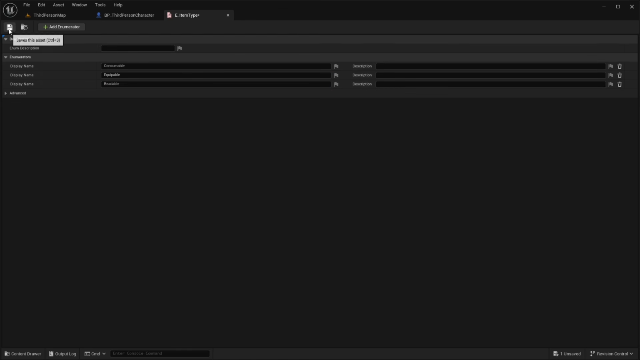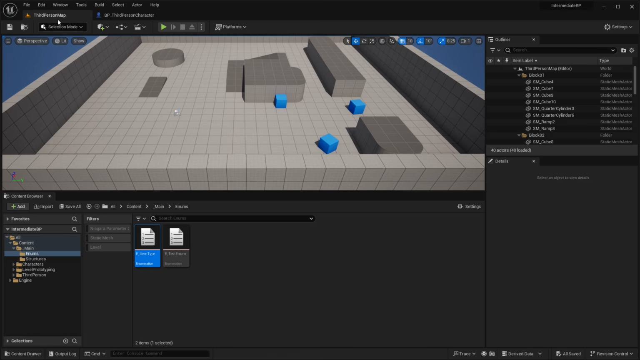And depending on the item type that we set, it will do different logic, okay? So consumables will consume, like a potion that will restore health. Equipables will equip an item, like a hatchet, to our hand. And then a readable will just show some text on our screen that the player can read. So we're just using that enum so we can switch on those different item types, okay? So let's go back to our